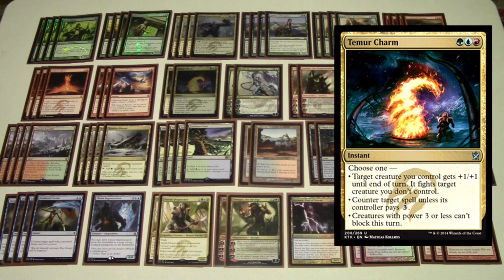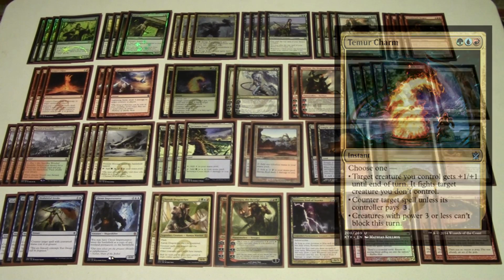We can counter spells unless our opponent pays 3. So it's essentially a Mana Leak for 3 mana, and we can also have creatures with power 3 or less not be able to block for the turn. So that's pretty effective as far as being able to get around Elspeth tokens or Courser of Kruphix or any cards like that if we have